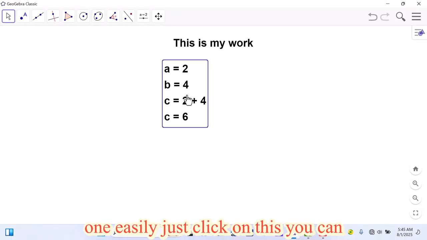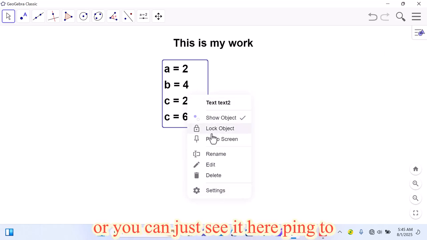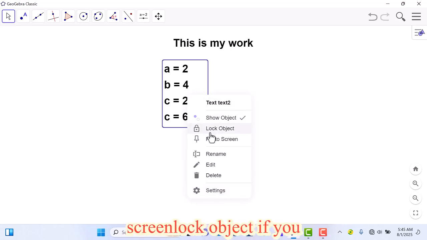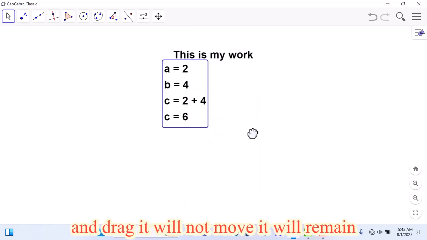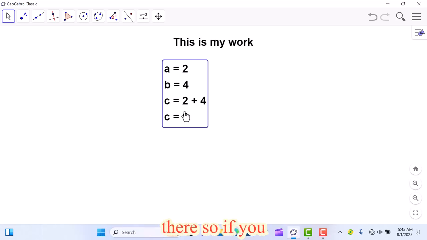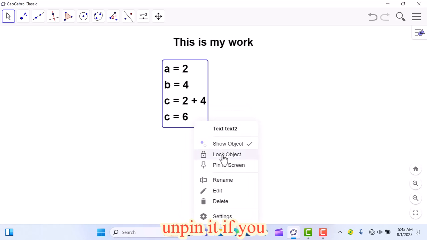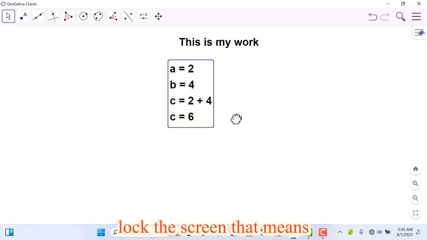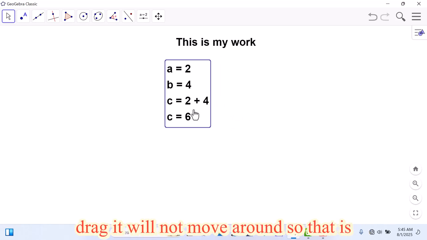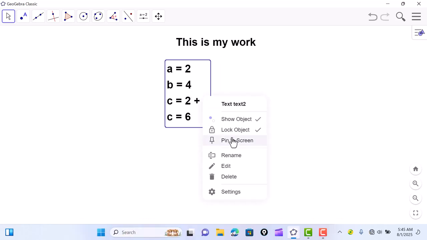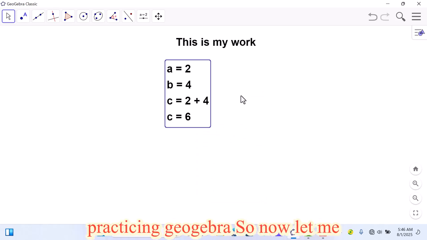Just click on this. You can either right click, go to setting, or you can just see it here, pin to screen, lock object. If you pin to screen, that means when you click and drag, it will not move, it will remain there. So if you unpin it, if you lock to screen, that means it can still move on the screen, but you cannot move it around. When you click and drag it, it will not move around. So that is that. So that is just by the way, you can learn all that as you keep practicing